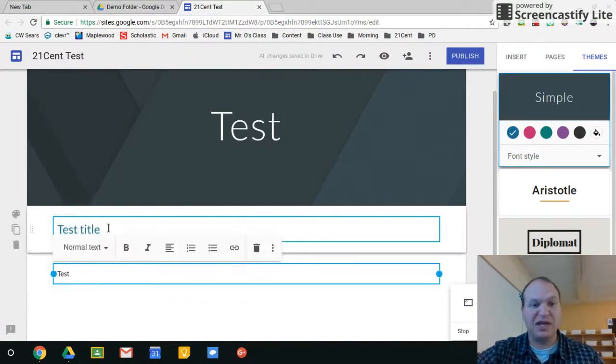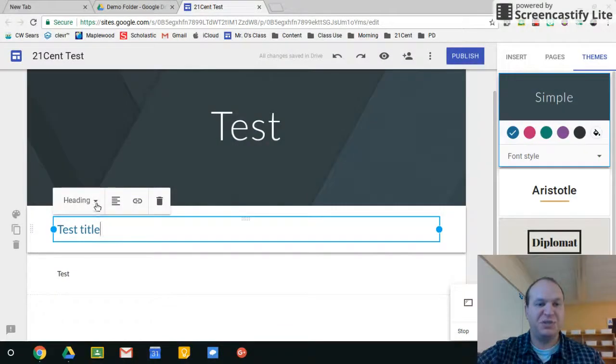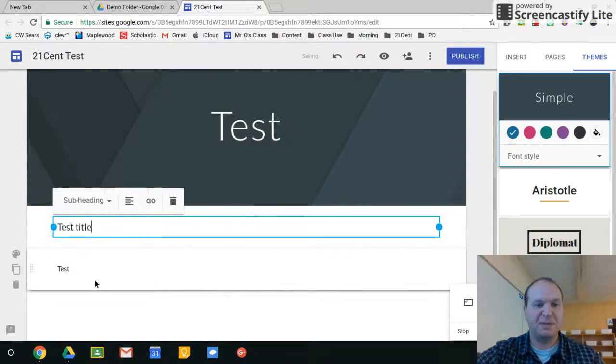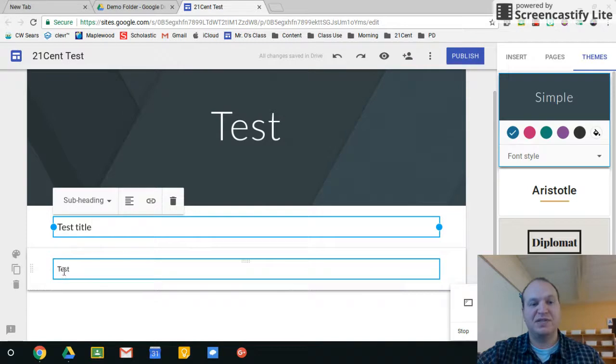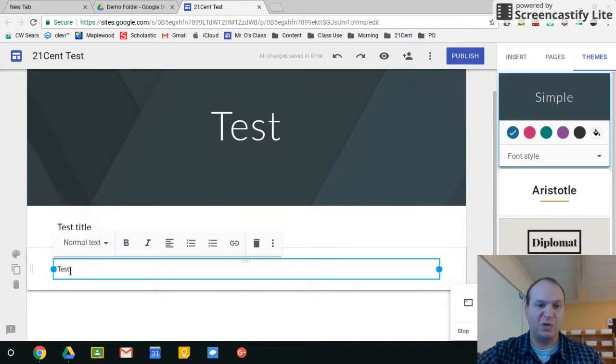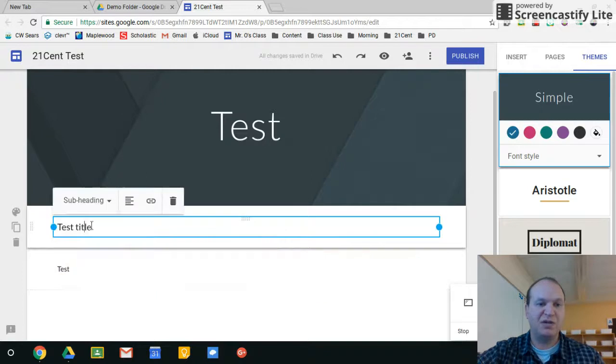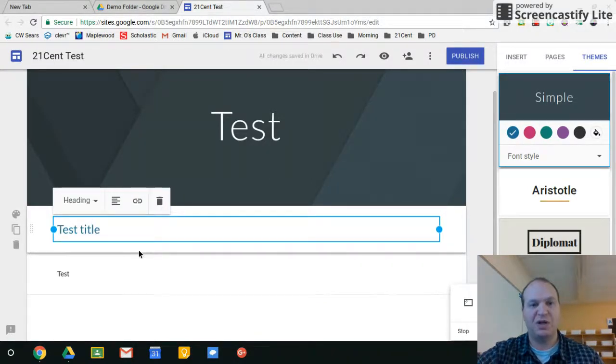So headings are one that I use quite a bit, and it's a little bit thicker, it's a bit bolder, but it's not quite so large. Now let's try changing this one into a subheading. So subheading is down back to black, and it is larger than just the regular normal text. So here's the normal text just so you can see for reference. So I want to change this one maybe back to a heading,